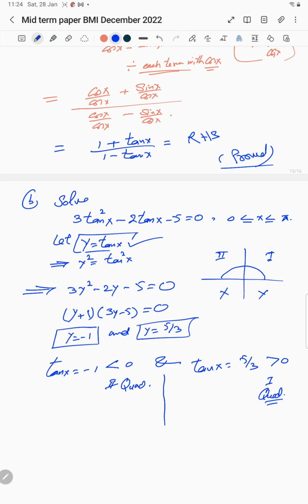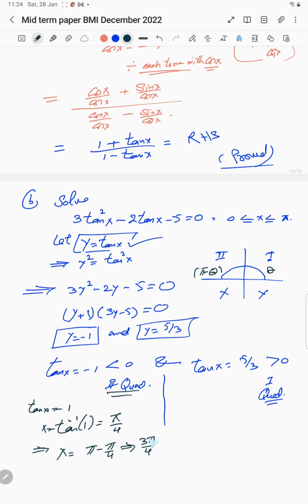So here when we solve this, tan of x is equal to 1, x goes to be tan inverse of 1, that I will get pi by 4. So as it falls in the second quadrant we have pi minus theta. If in the first quadrant we have theta, so it is pi minus theta radian. So I will write my answer, x is equal to pi minus pi by 4 will give me 3 pi by 4. This is one of my answers